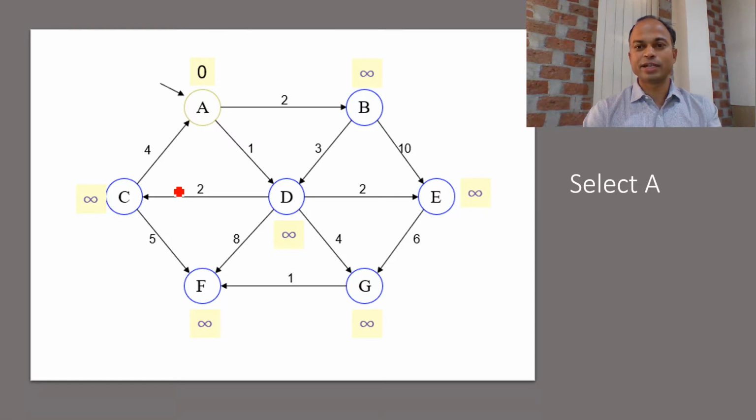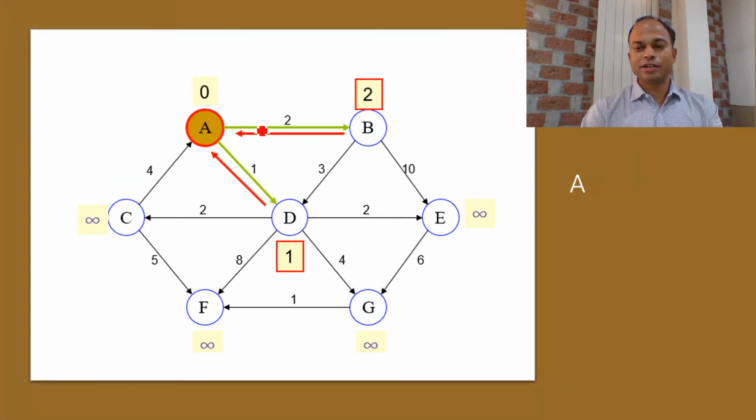Destination may be multiple. Initially, we may take any vertex. We are taking vertex A. A to A distance is 0. Therefore, we have marked 0 on A. But A does not know the distance from A to B initially. Therefore, we have marked infinity. Similarly, A does not know the distance to C. We have marked infinity. I mean, all the remaining values we have marked infinity while A is marked 0 only.